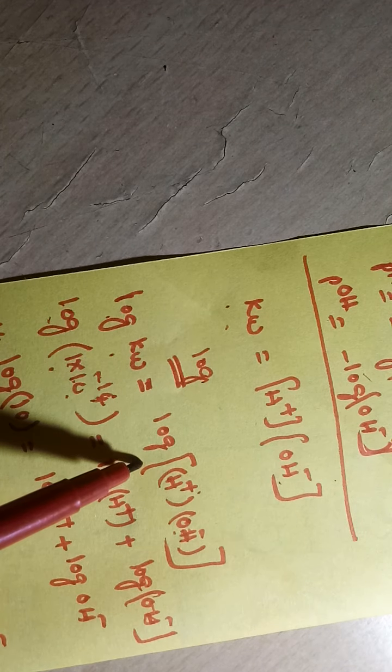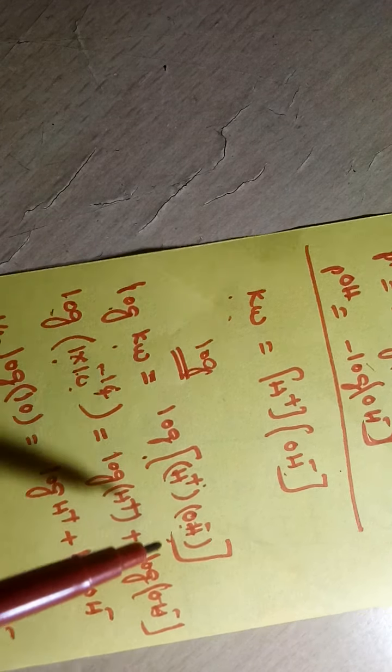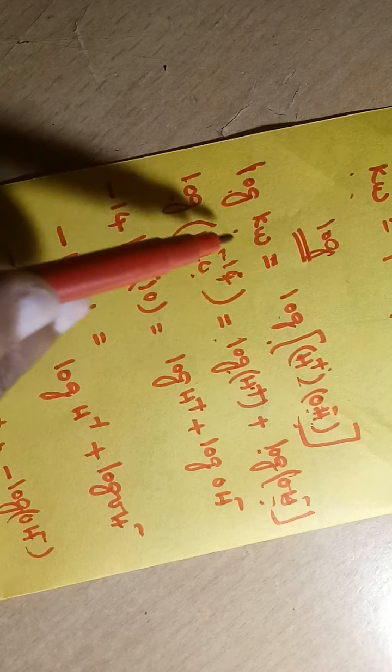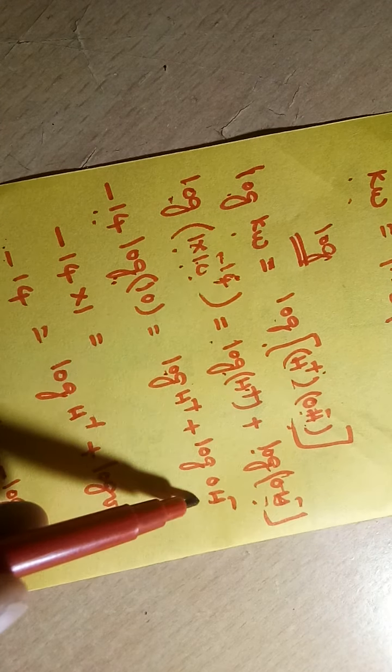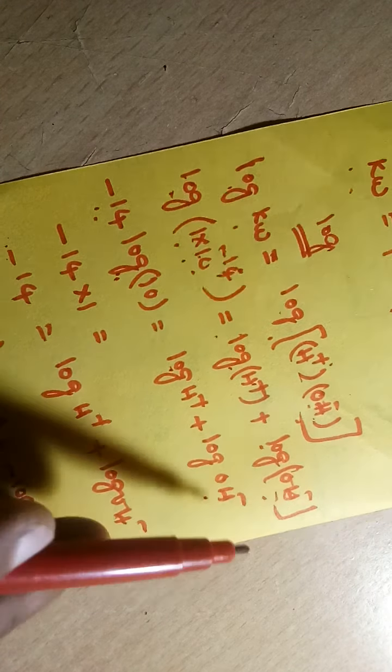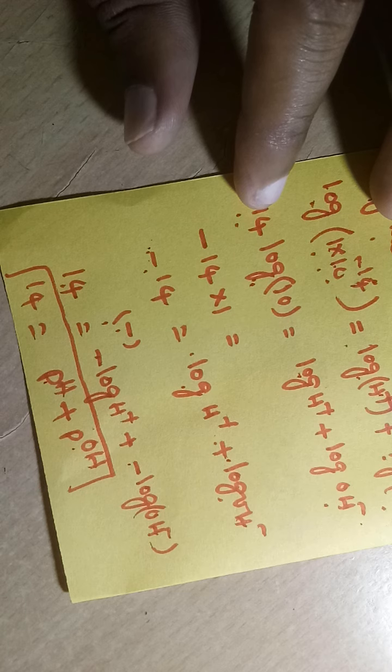By taking logarithm on both sides, I will get log Kw is equal to log of H plus into OH minus. So log 10 to the power of minus 14 is equal to log H plus plus log OH minus, since log AB is equal to log A plus log B. This value 1 into 10 to the power of minus 14 is in the log A to the power of m form, so m log A, and log 10 value is 1. So minus 14 is equal to log H plus plus log OH minus. Multiplying with a negative symbol on both sides, minus into minus is plus, and plus into minus is minus. So minus logarithm of H plus minus logarithm of OH minus gives pH plus pOH.